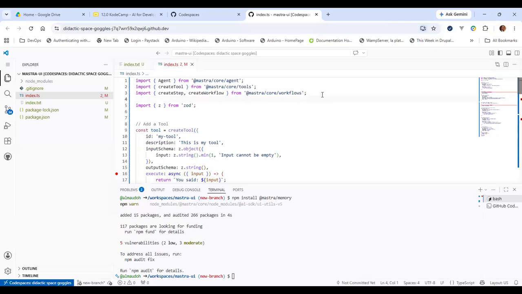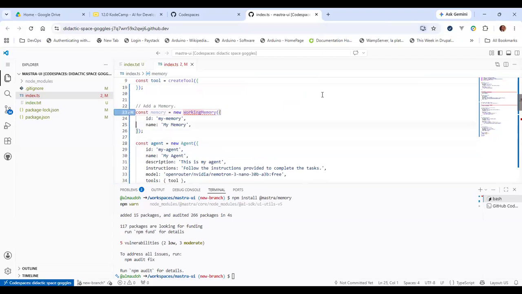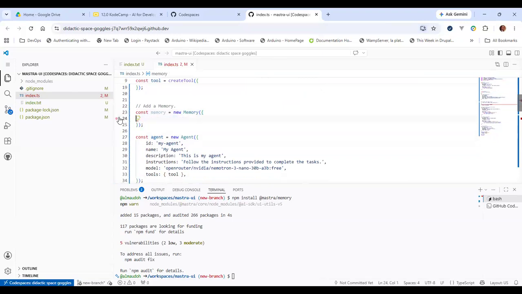Okay, so we will import Memory not from Mastra core memory, but from Mastra memory. And so with that, we can create a new memory, and we'll now get the right type hints.